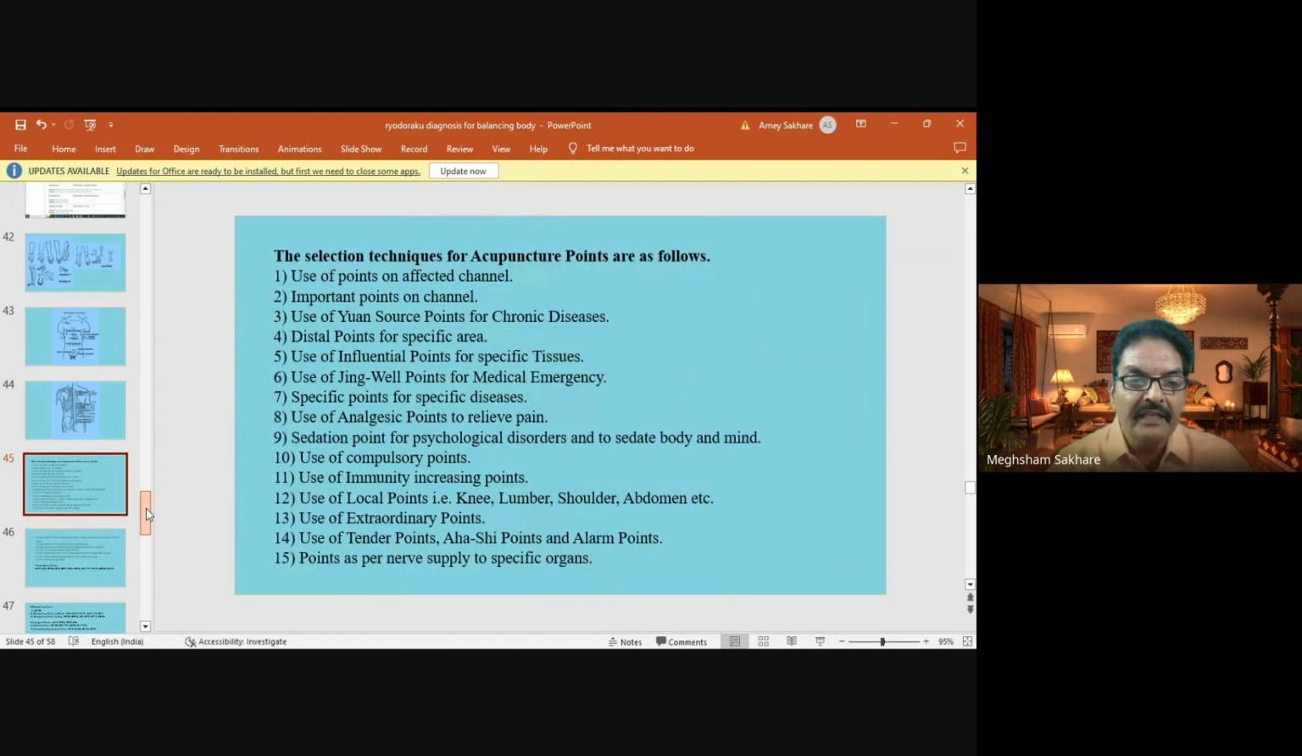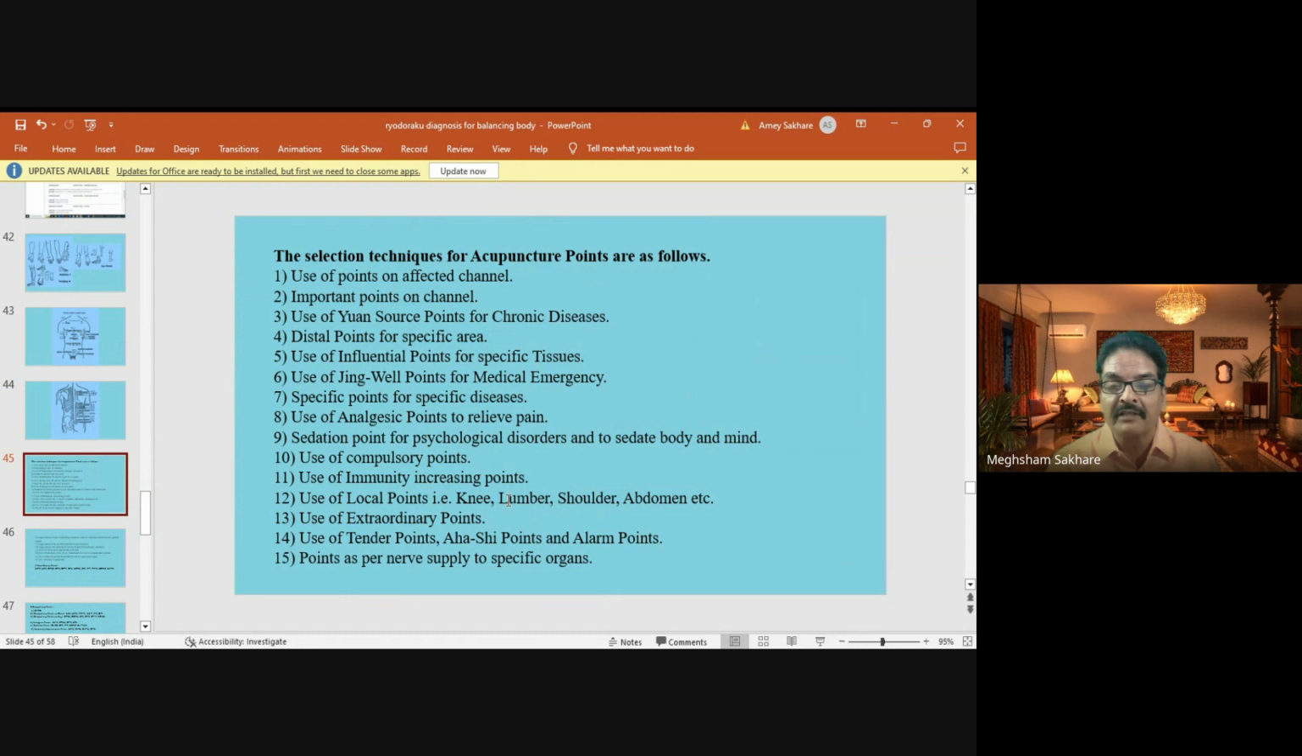Then here is the selection of the acupuncture points as traditional method. Use of the affected channel points, important points on the channel, use of Yuan source point for chronic disease, distal points for specific area, use of influential point for specific tissue, Jing well points for medical emergency, specific points for specific diseases, analgesic points for relieving pain, sedation points for psychological disorder, sedate the body and mind, use of compulsory point, use of immunity increasing point,